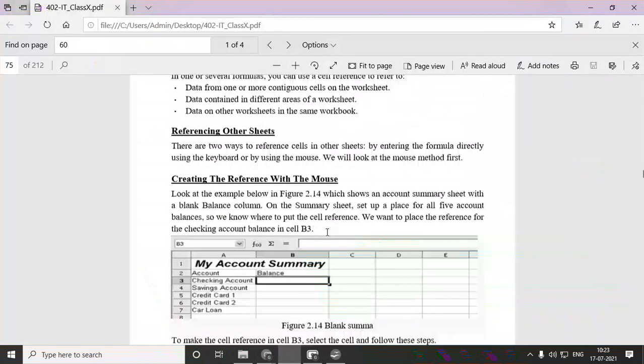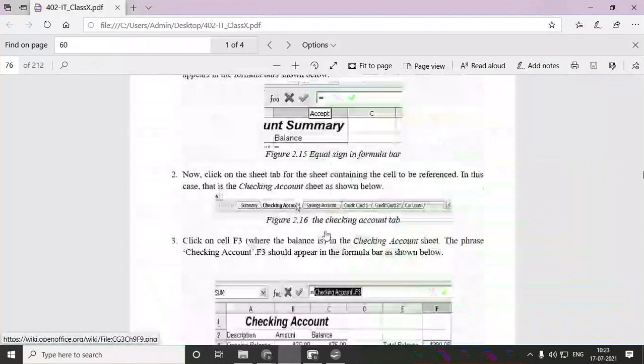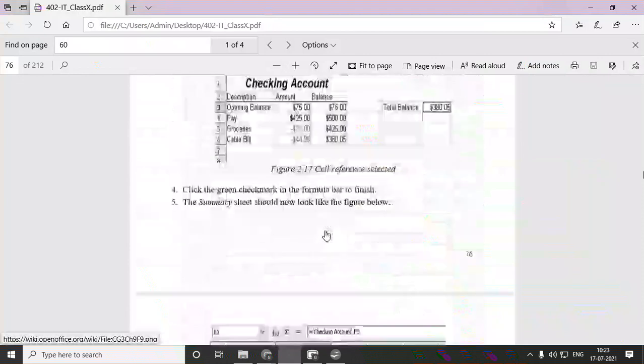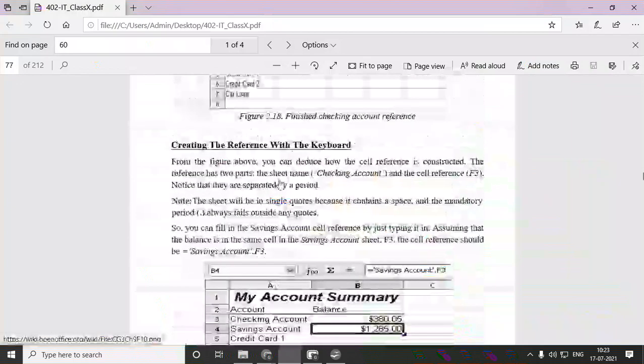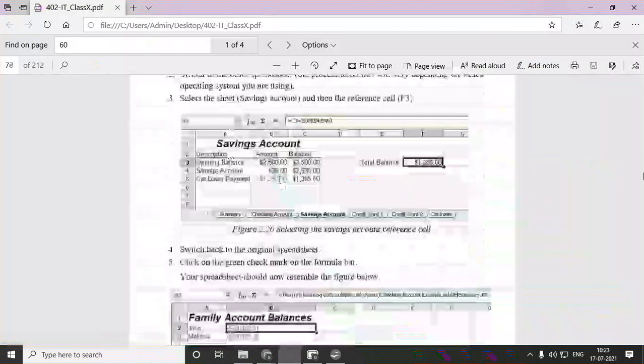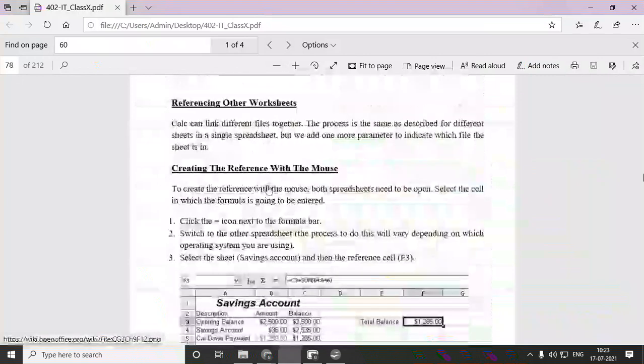These are the steps they have given for how to change the cell reference with the help of keyboard and mouse. So you have to see all these steps. Don't write these difficult steps. It is very easy.